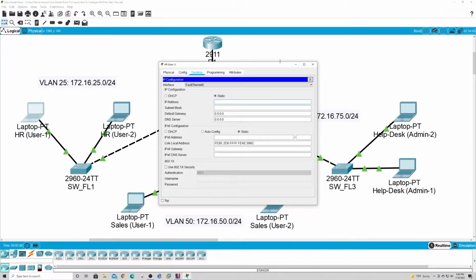They can get IP addresses from the DHCP server automatically, instead of you going into the laptop, like I said earlier, and manually entering IP addresses, subnet mask, default gateways, the DNS servers, and so on. So basically,